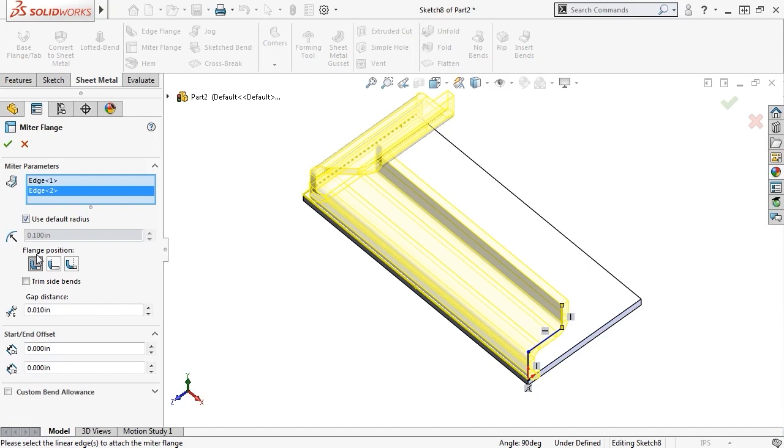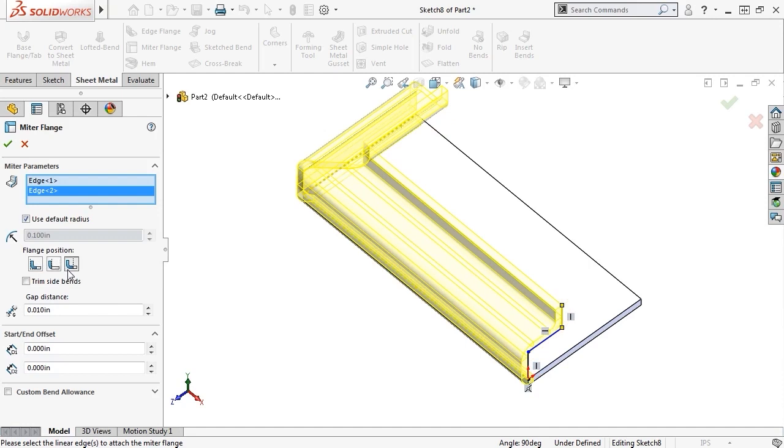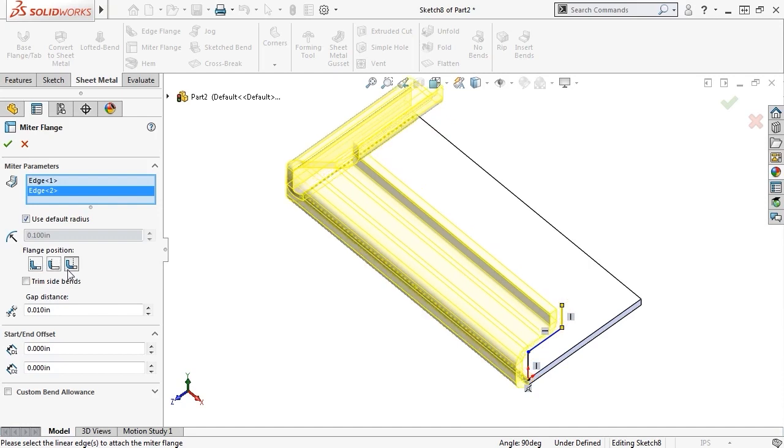As we saw in the edge flange lesson, this will control how the flange material is added to this part. Notice that if I use the material inside option, the overall length and width of this part will remain the same as the original plate I started with. This is important if you've sized your plate to fit within a tight tolerance. If you use either the material outside or bend outside options, the overall size of the part will be larger than the original plate. Keep this in mind so you're not surprised later if your part is larger than you